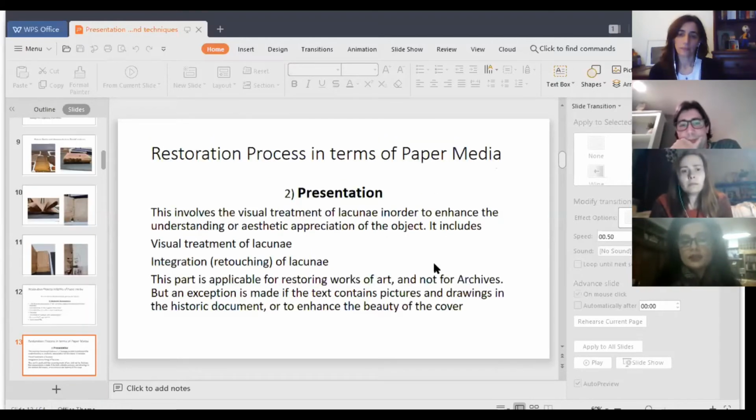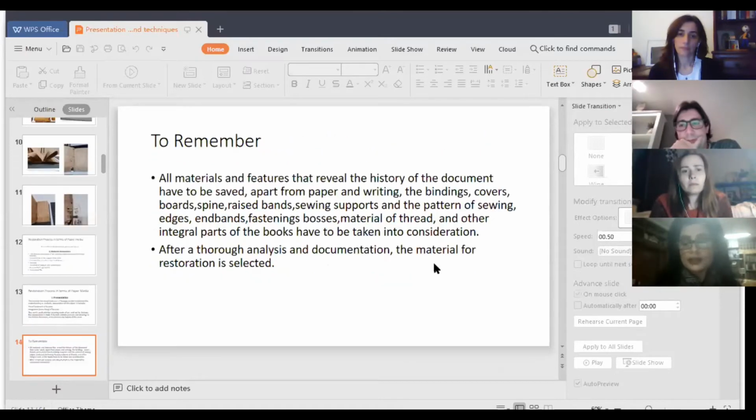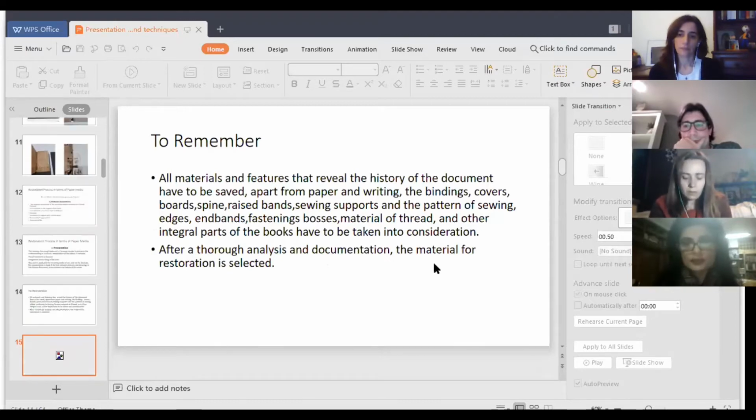And then comes the presentation, which we'll be talking of later. Some of the things we remember during conservation of material or historic documents is we keep all the tiny, minutest features of the documents possible to be studied further under microscopes. The missing threads, the bands, even the pieces of dirt and dust, they are kept for a thorough examination, and then conservation treatment is suggested further.